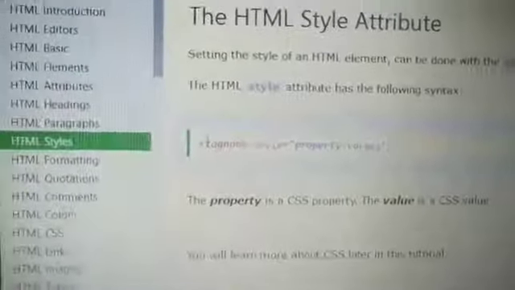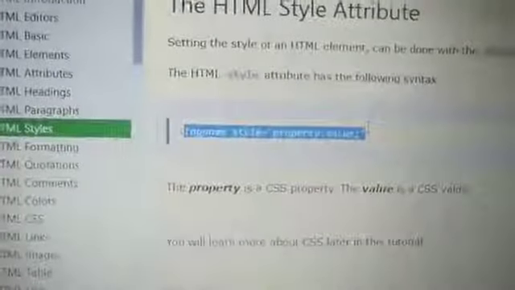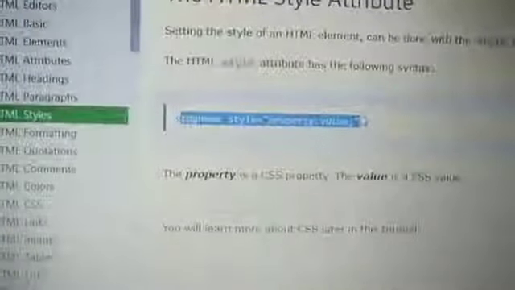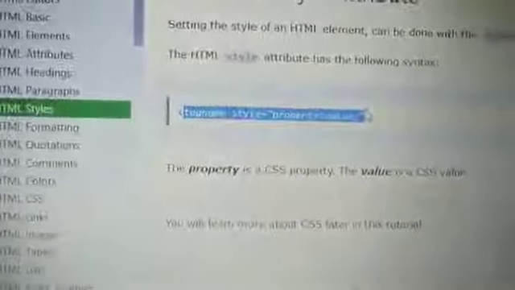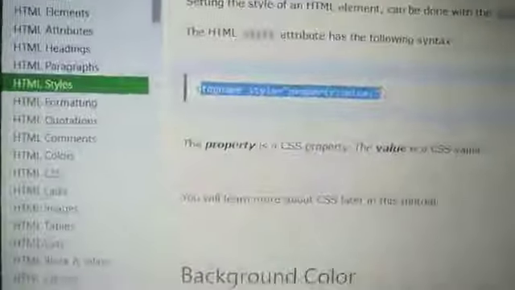So how do you write it, what is the syntax for it? The tag name, you have to mention under which tag you are writing. Then you have to mention the word style equals to, under double quotation, which property you are using, color property or font size property, whatever property you are using, you mention this property, colon, the value. For font size you have to use 50 or 60 px. For color, generally the color name, and then put a semicolon. In this way. Next one is the background color.